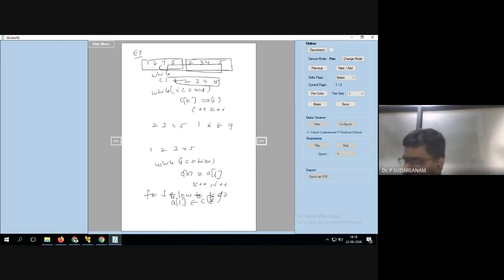For I is equal to low to K do, you copy the elements: A of I is equal to C of K, A of I is equal to C of I. Those are the statements you have to write.